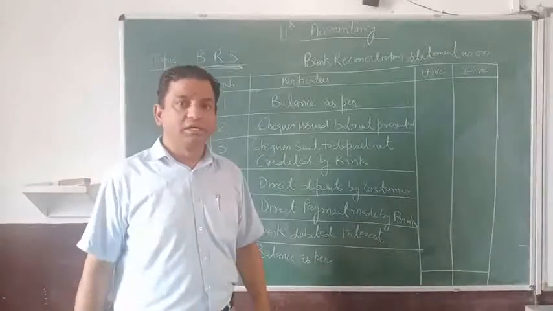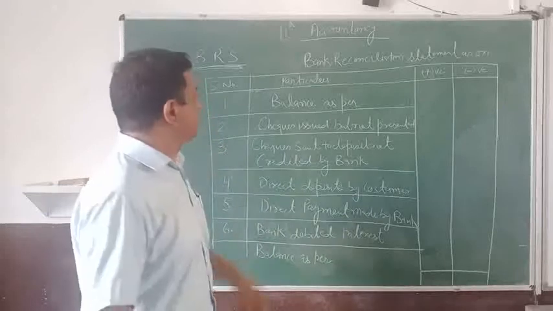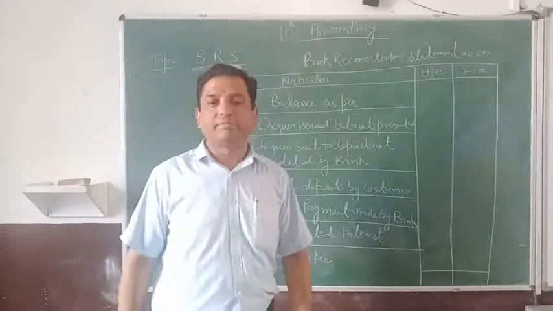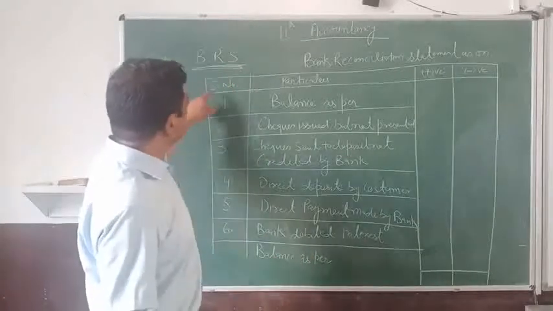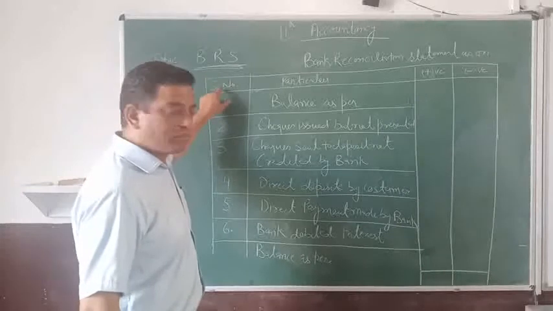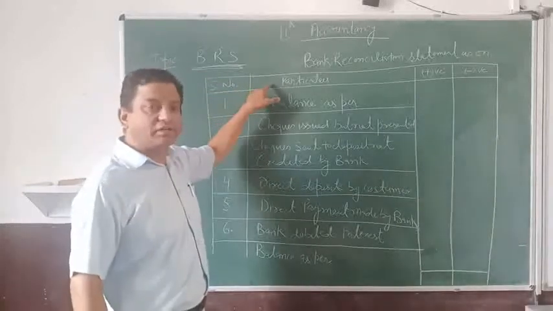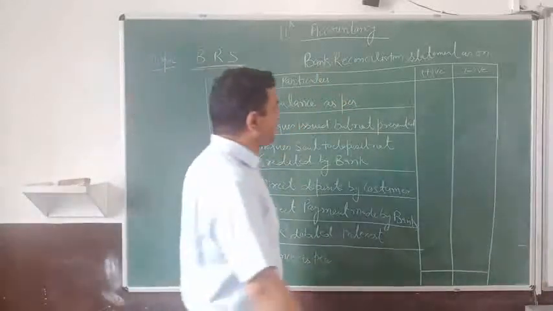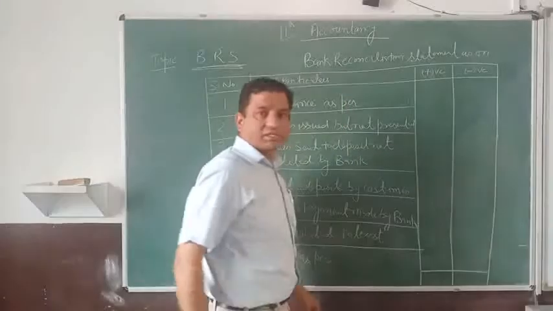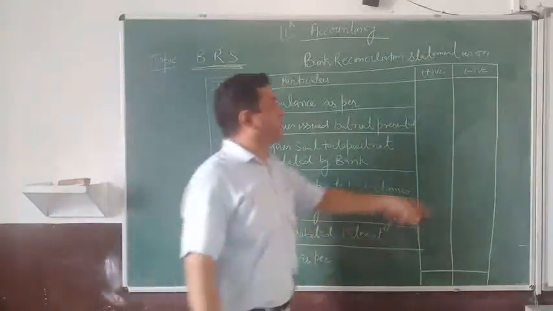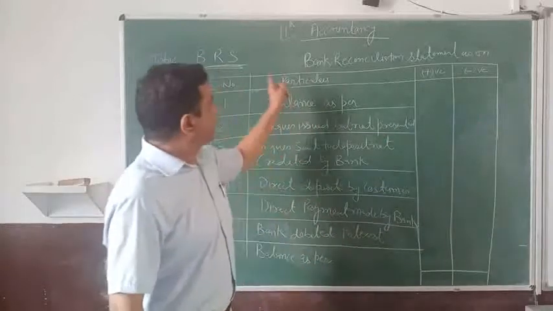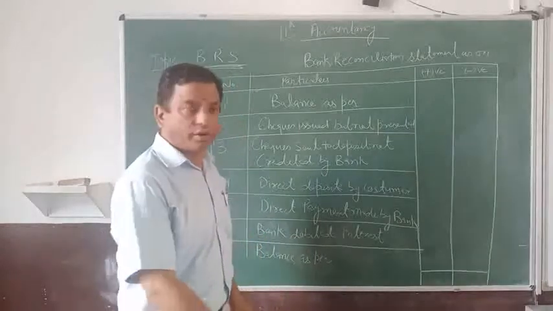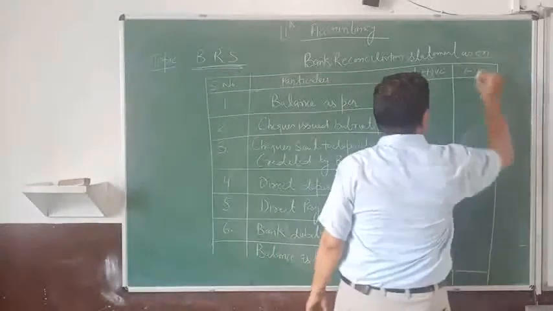bank reconciliation statement. First of all, let me tell you what is the pro forma, as I have also discussed in my previous video. First of all, this is the serial number. Here stands particulars, then the positive value and negative value. If we have to add anything, we will add this at this place, and if something has to be deducted, then it should be in the minus column. And at the top, you have to mention the bank reconciliation statement as on. As on means the date at which you are preparing.